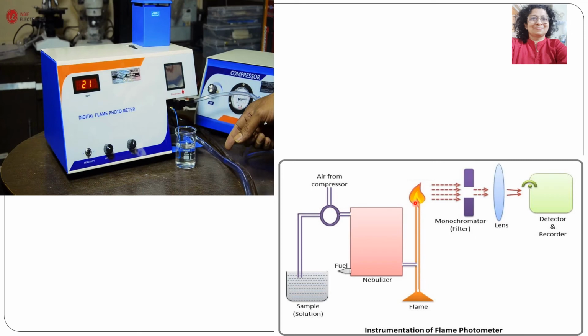into this tube and heat is given to it, it will emit light of a particular wavelength, which we already know. Accordingly we will select the filter, and all the selected colored wavelength will fall on the lens, and this lens will put it on a photo detector, and this emitted light will be converted into a reading in terms of millimoles per liter on the display screen. I hope it is clear to you how the flame photometer works.